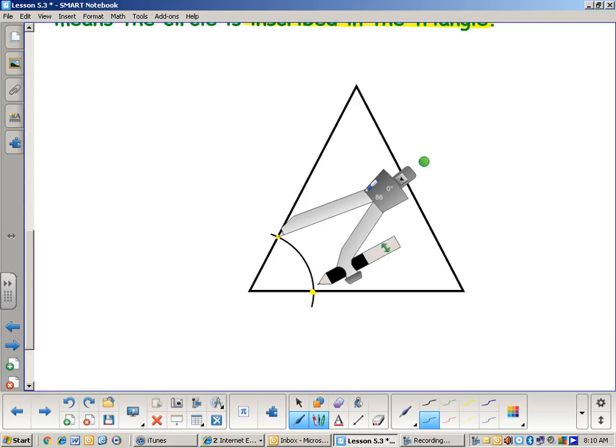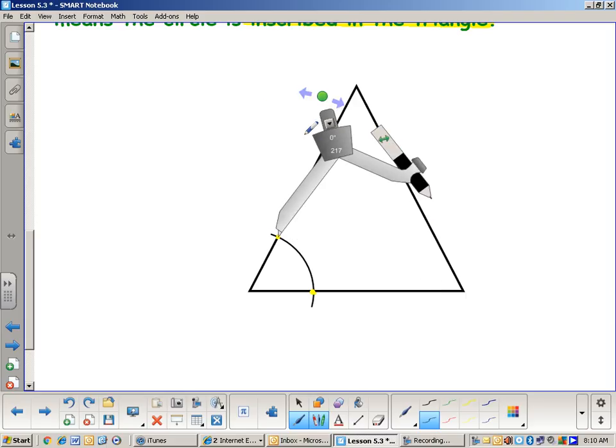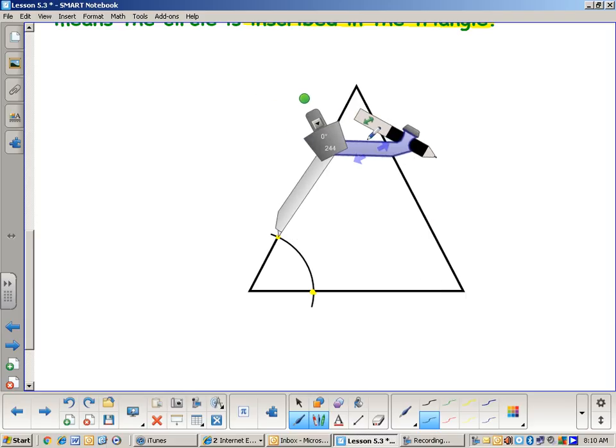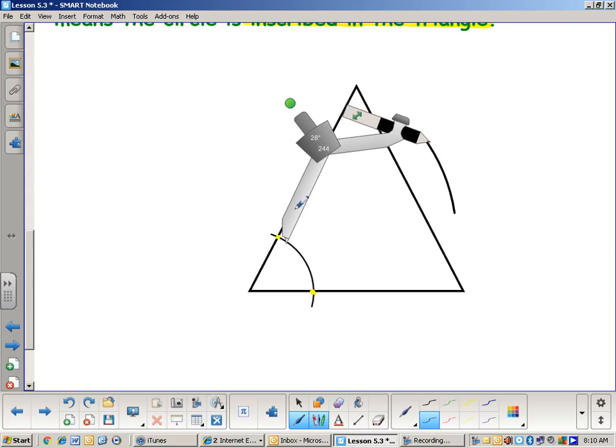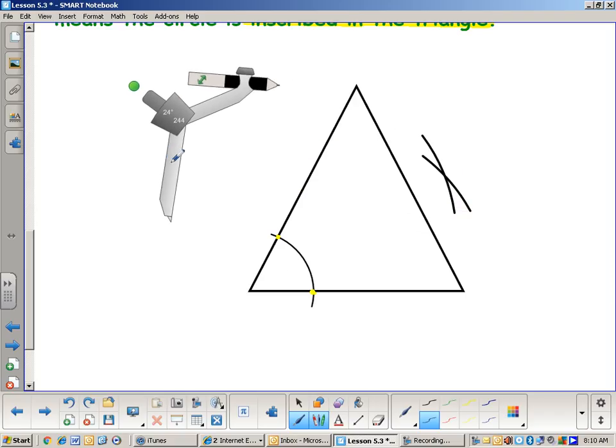That's more than half that distance, isn't it? I'm going to go a lot more because I don't want my arcs out in the middle of what's going on here. So I'm going to go really big. I'm going to draw an arc out here. And then I go down to the bottom intersection. I draw another arc. Okay? And where they intersect out there, is going to be my point that's on my